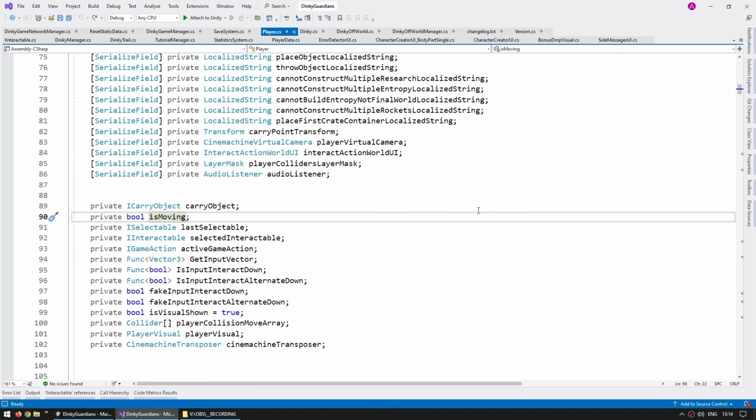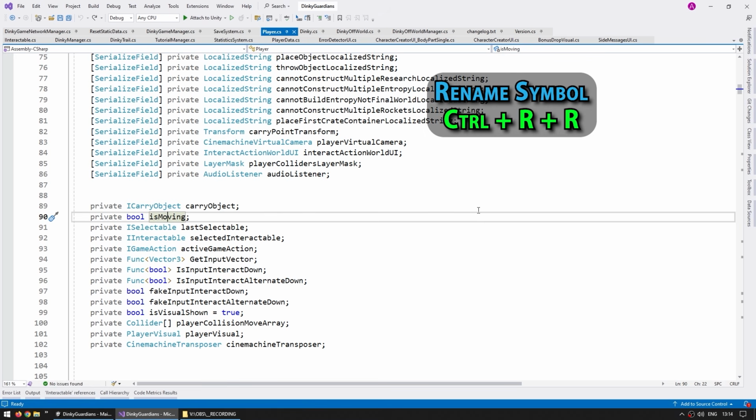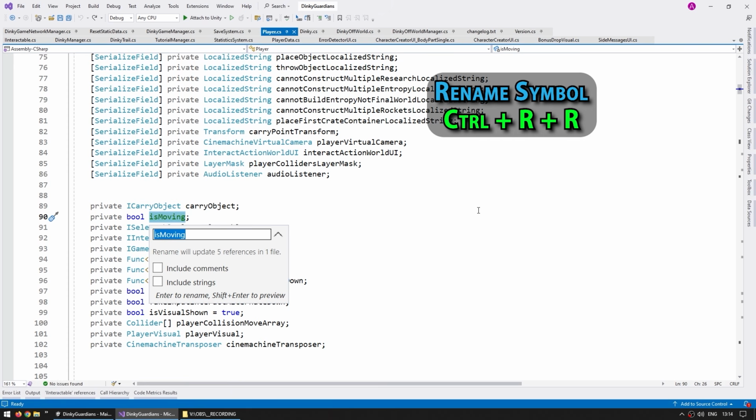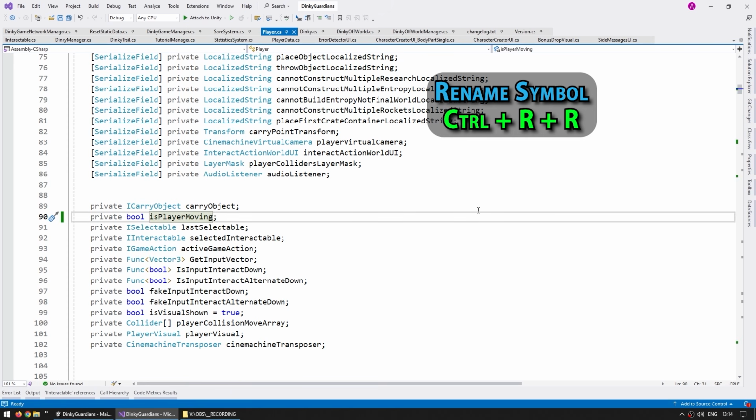Then something that I use all the time is Control RR. That is the shortcut for renaming the current symbol. So I just place the cursor, for example, over here on top of the is moving field, press Control RR, and now let's say I want this to be a little bit more descriptive, so is player moving. So I change that, and note how